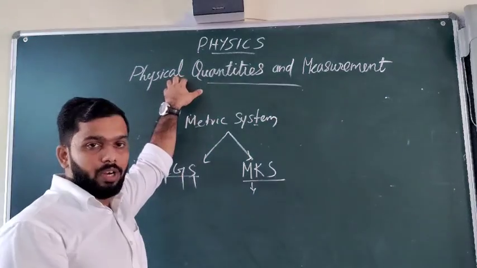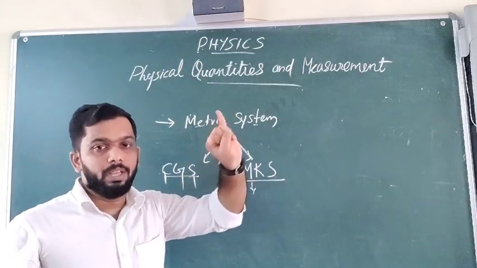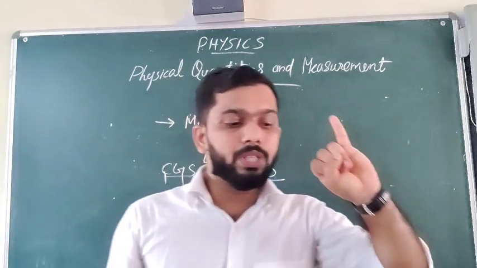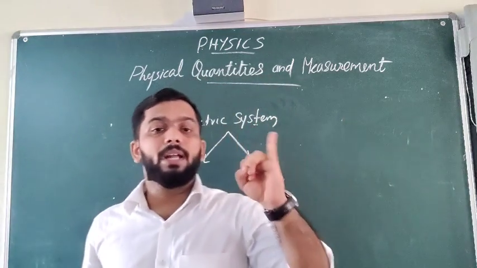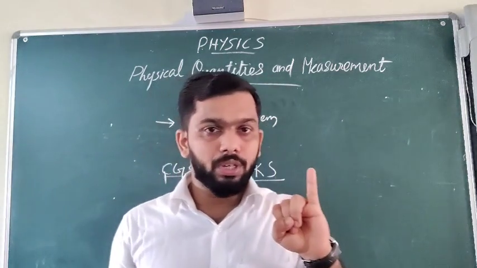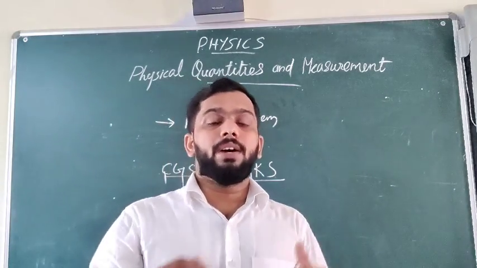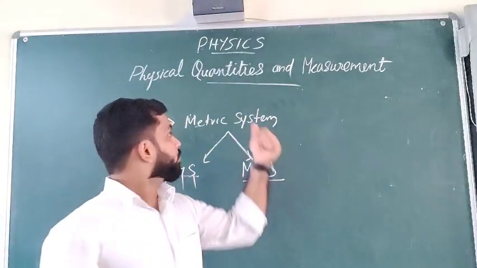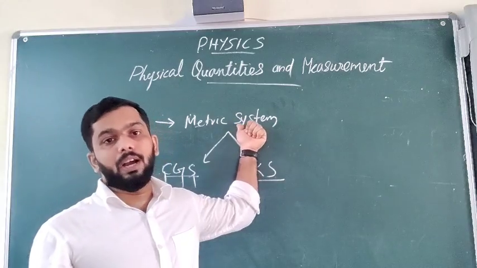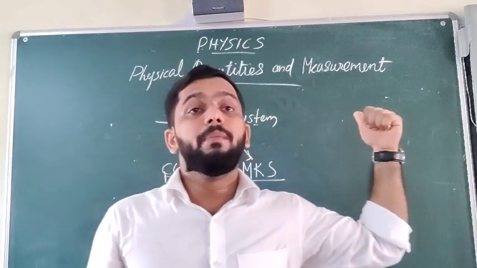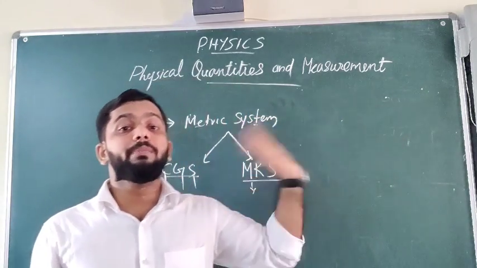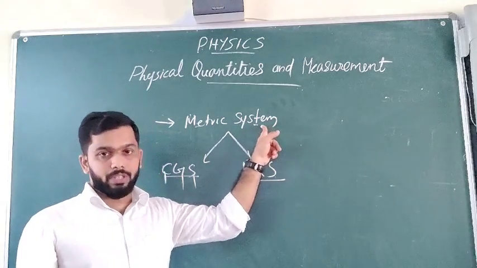First one, yesterday we discussed, was the traditional system. In the traditional system, they were using a cubit, a handspan, or a foot. Then in 1791, they updated this to the metric system. Why did we name this the metric system? Because they were measuring length in meters, so it was named the metric system.